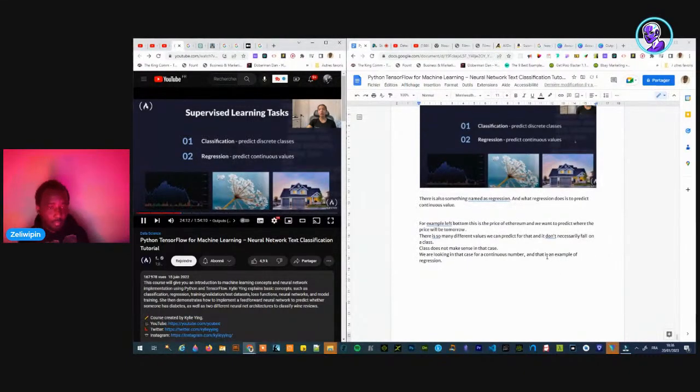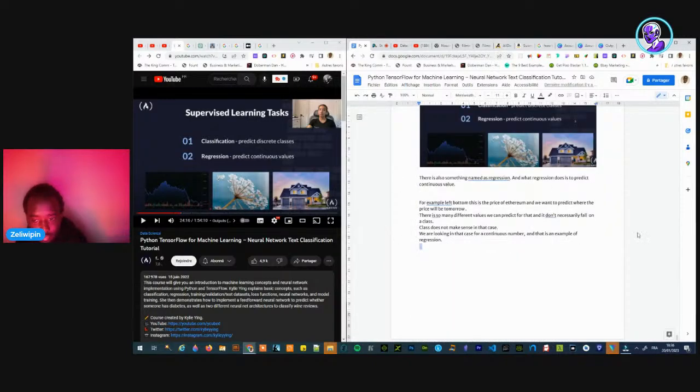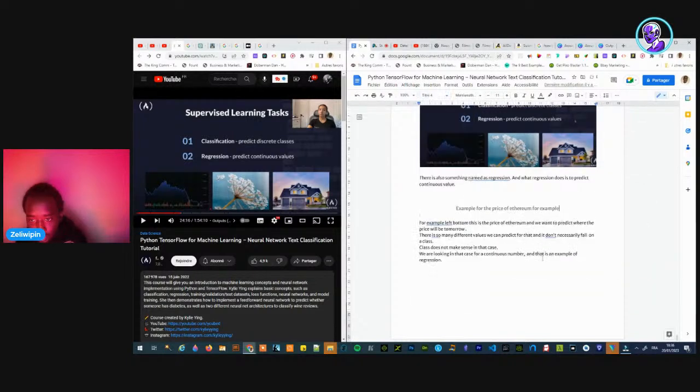Example: the price of Ethereum. Another example: the temperature of tomorrow.